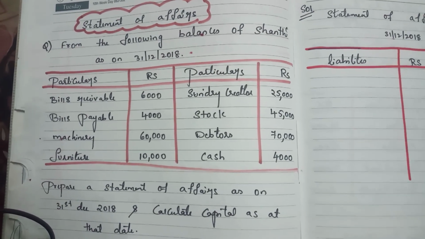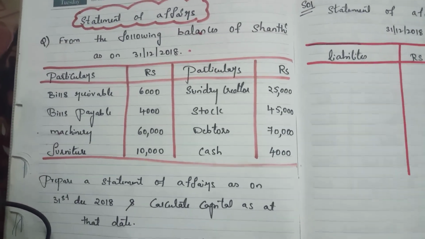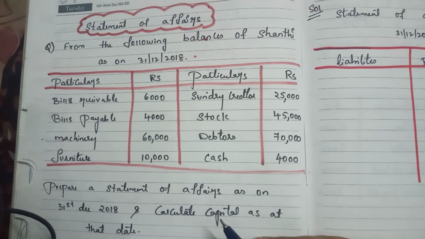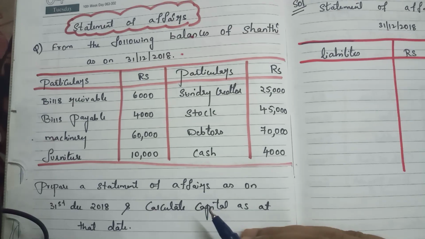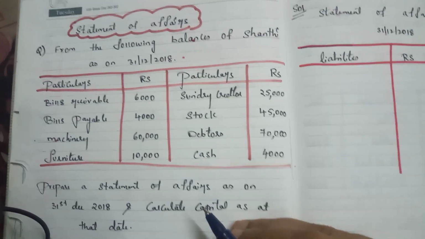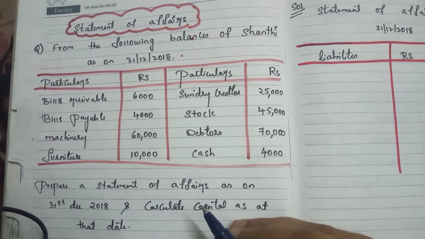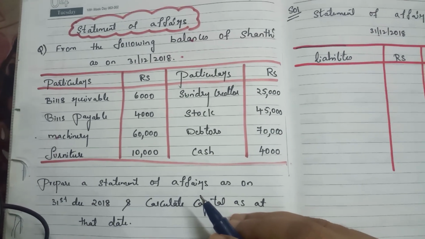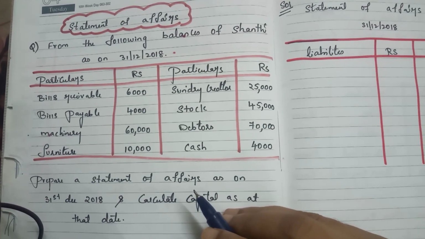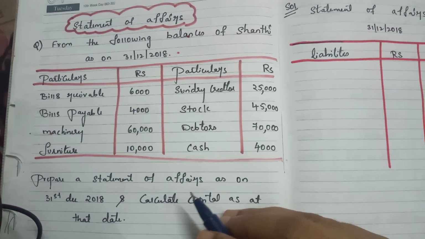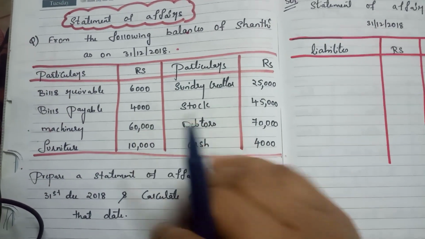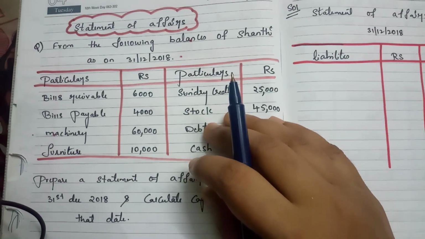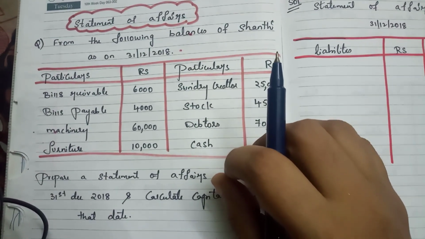This is a continuation of single entry. In the last class we did the statement showing profit or loss. From here we are going to do how the statement of affairs will be done. Actually this has to be done first, but we did it with opening capital as well as closing capital. So now we'll see how the statement of affairs will be prepared. I already said that statement of affairs is just like a balance sheet, but here we don't get any tally. Here we are going to get a balancing figure as capital.